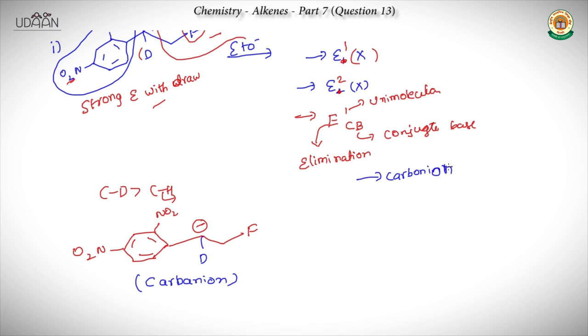Now the next thing is very simple. The C-F bond leaves very hardly, and this is your product. But in the question you are asked only for the intermediate. The intermediate is carbanion. Alright, so we've gone a step ahead and shown how the final product will come out as well. Okay, so here we end this question.